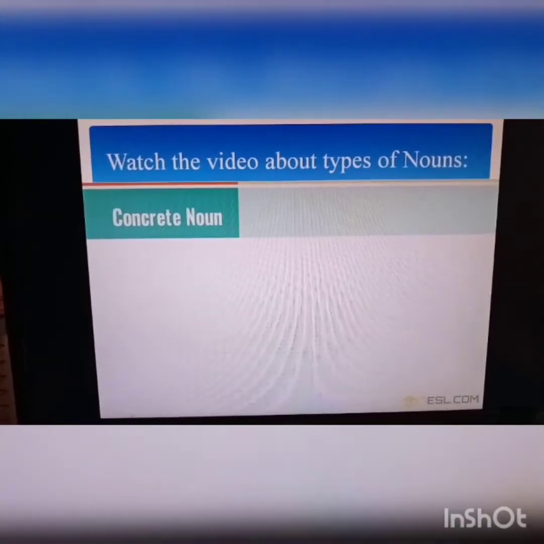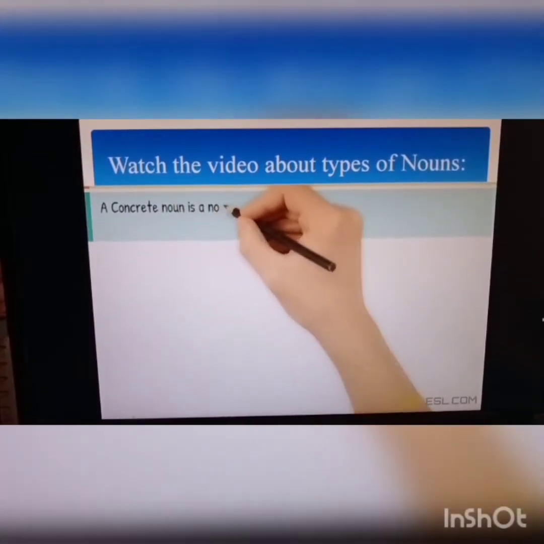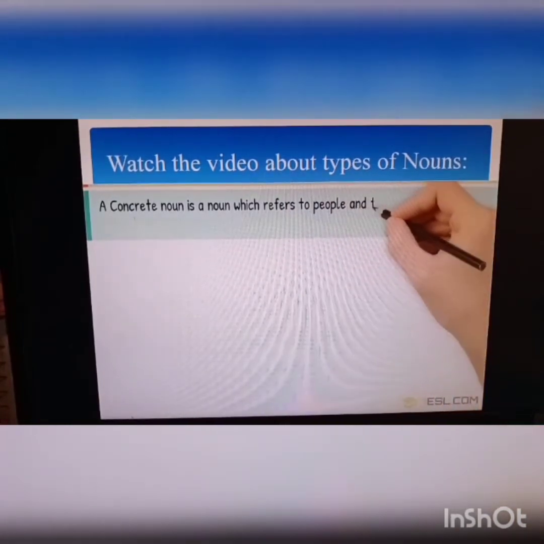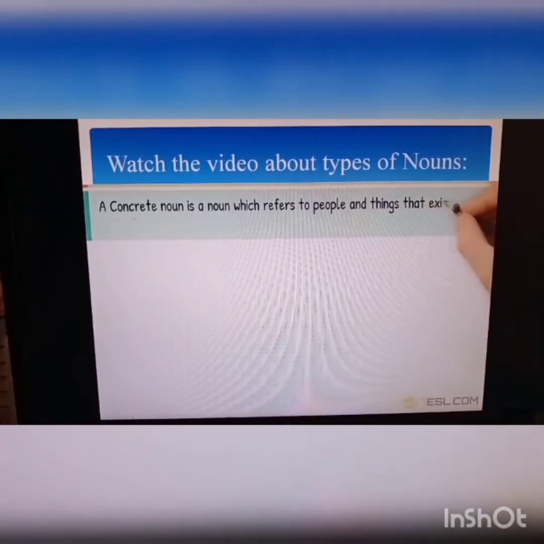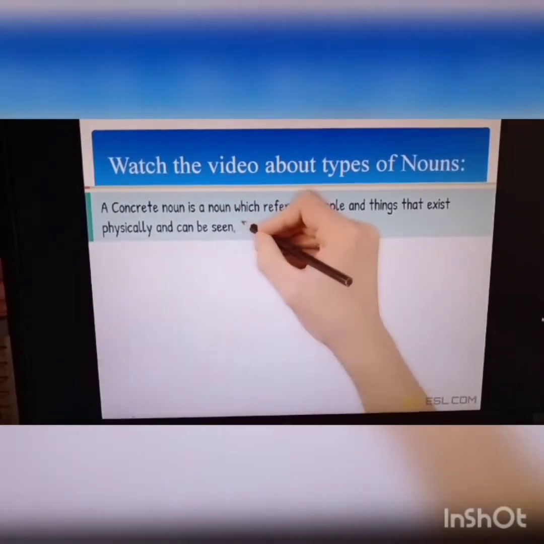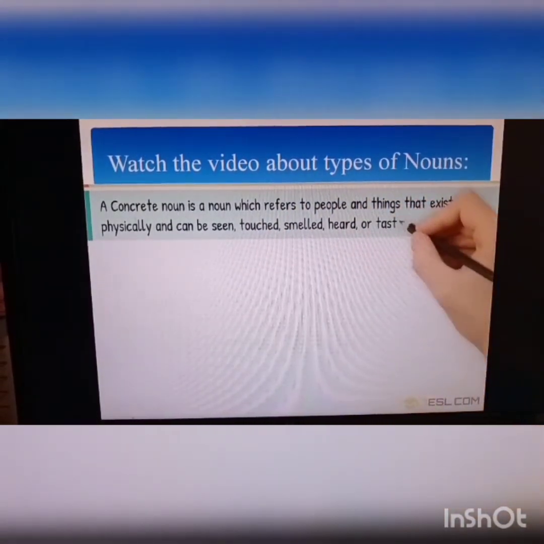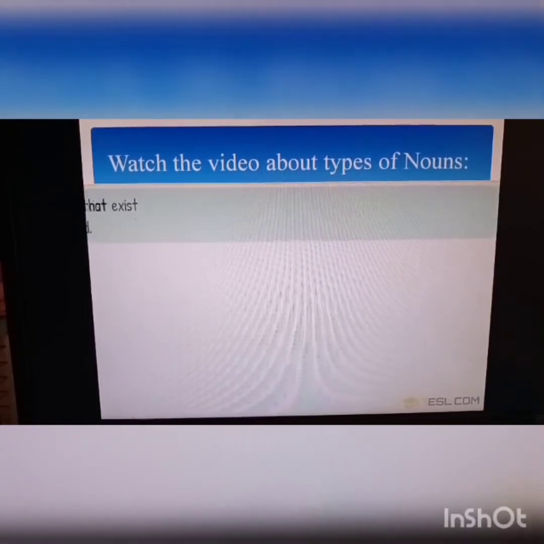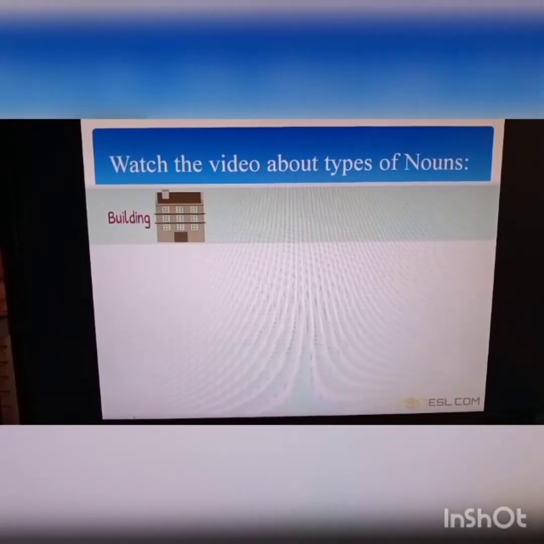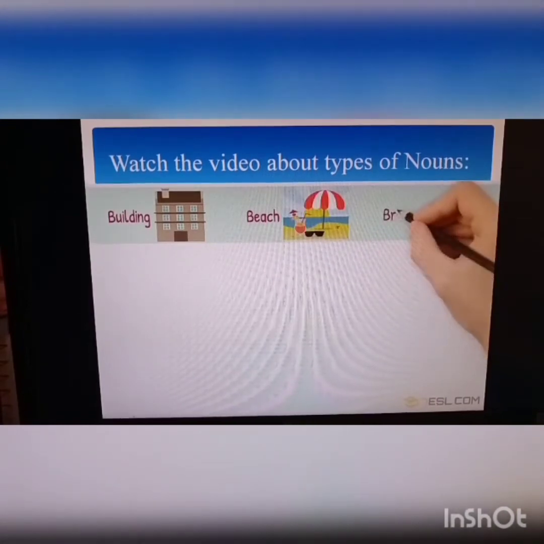Concrete noun. A concrete noun is a noun which refers to people and things that exist physically and can be seen, touched, smelled, heard, or tasted. Building, beach, bridge.